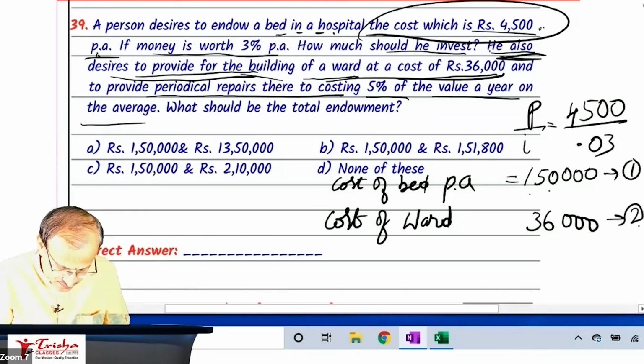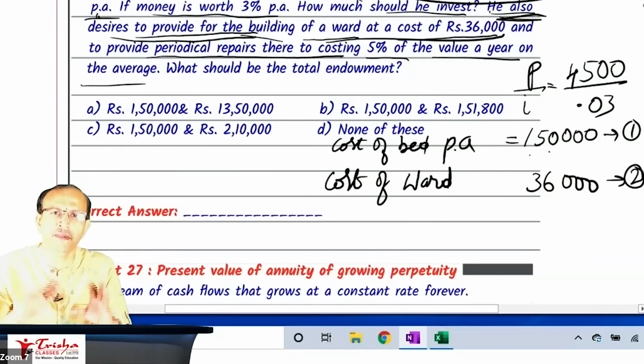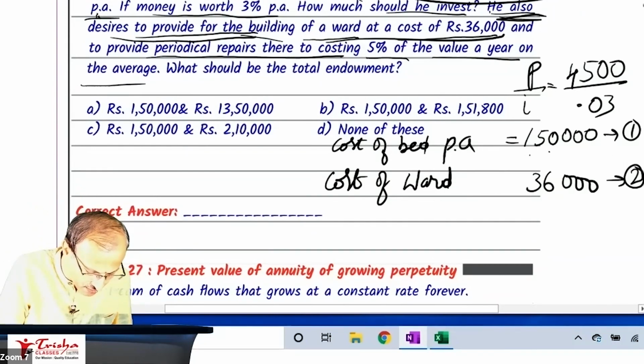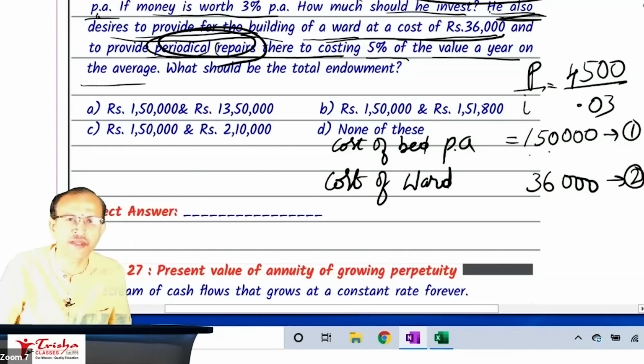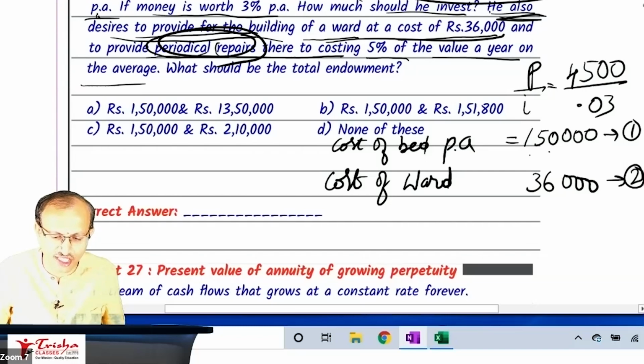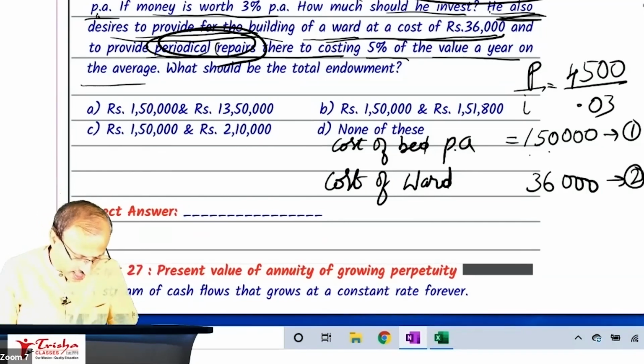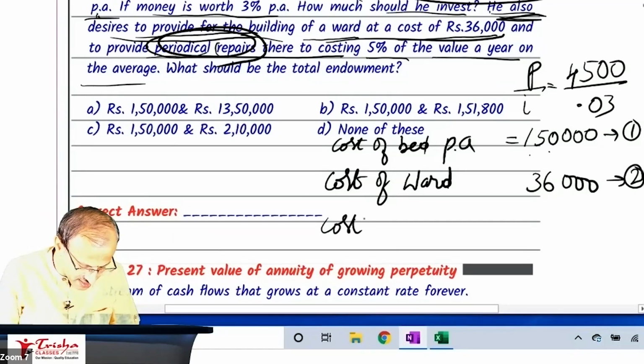This is 2. Also, that ward, maybe painting, repair, maintenance, you would like to provide repair cost, periodical repairs. Tell me, is it once or every time repair will happen? You have to respond to me. Boys and girls. Once, okay. They said periodical repairs. Obviously, maintenance and repair should be every time, right? Every time. So, I will consider this cost of repairs.